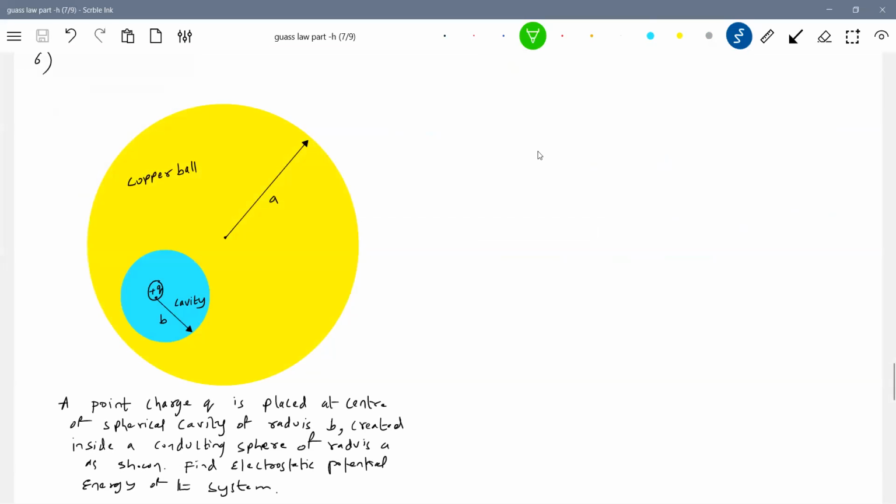Okay, look at the copper ball. It's a conducting sphere of radius A. We have a spherical cavity at the center. Point charge Q is placed at the center of the spherical cavity of radius B, created inside a solid sphere of radius A as shown. Find the electrostatic potential of the system. The best problem for conductors. Can we find out, first of all, question, can we really find out